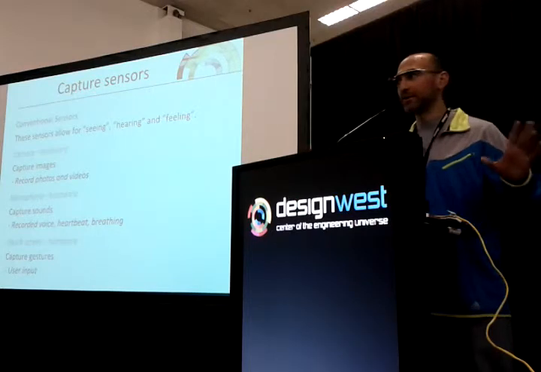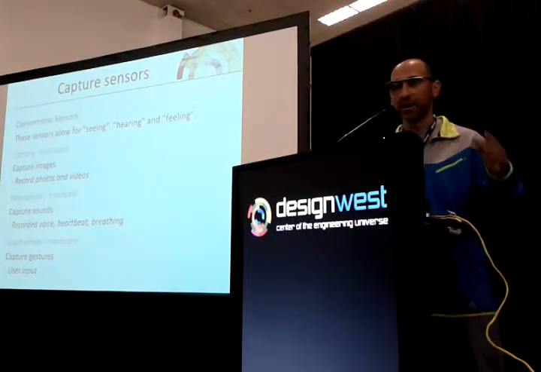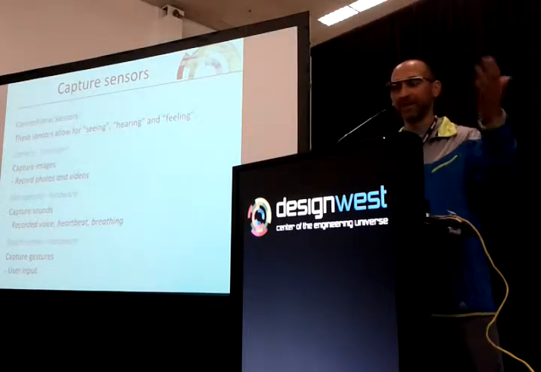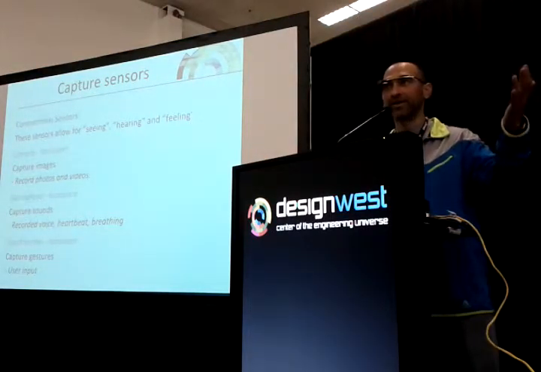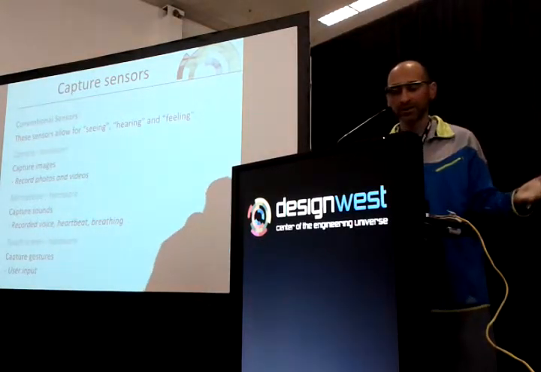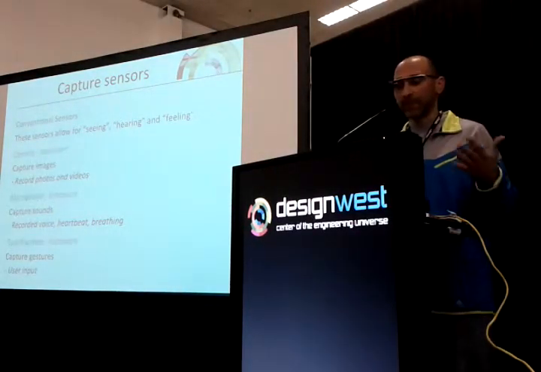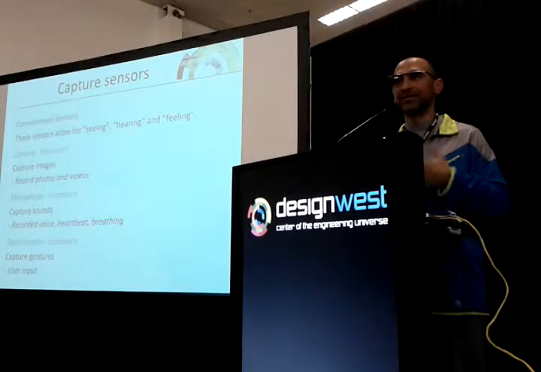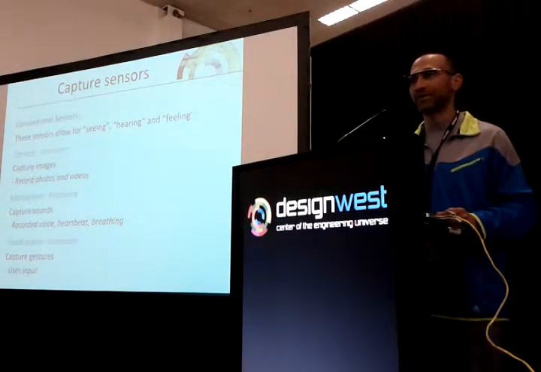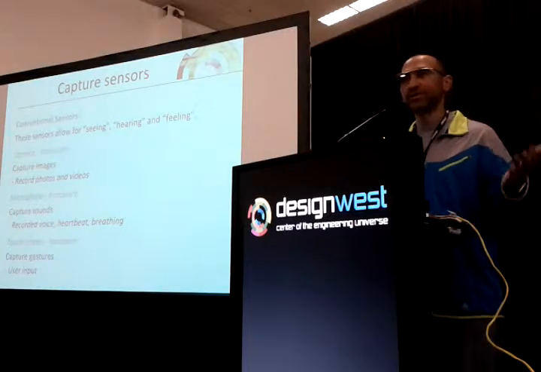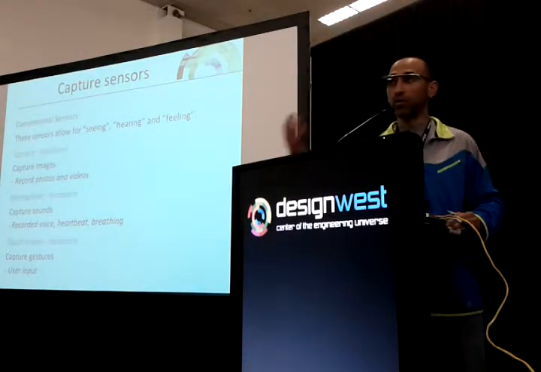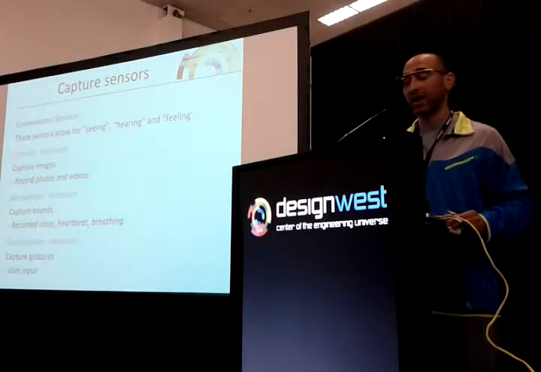And then there's another section that I call capture sensors. So on the cell phone, these things can see, they can hear, and they can feel. They got a camera so they can see, they have microphones so they can hear, and they have touch screens so they can feel. So with all these sensors, it's absolutely amazing. We're getting devices that are almost self-aware. And this is the trend I'm seeing from people developing on mobile to who were developing on embedded.